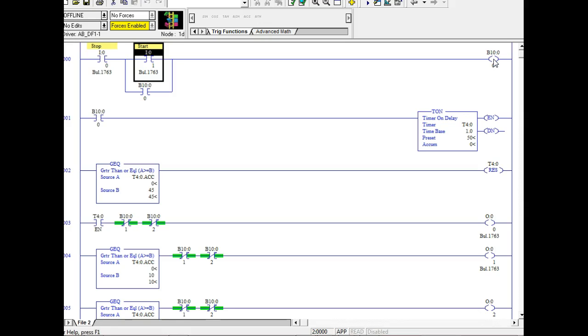So that means if I'm going to use a coil that doesn't need an output, then what are you supposed to use? You're supposed to use one of your bit coils. So those are internal relays. In PLCs, we call them bits. So bit B10 does not turn on the motor. B10 is just in there for